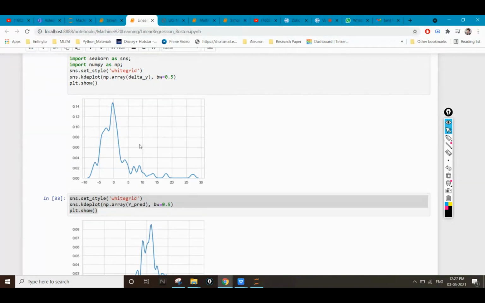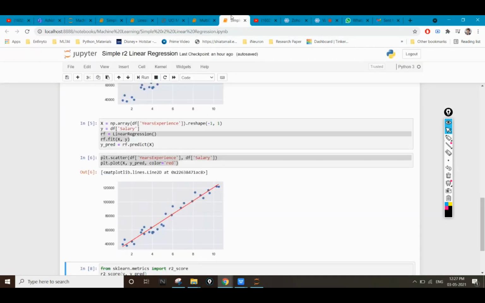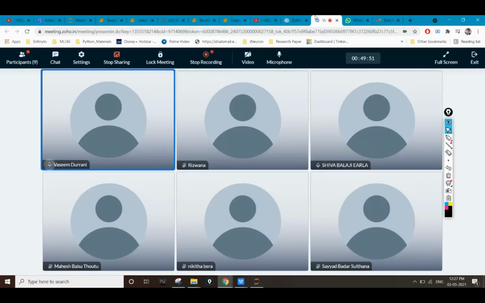If you want to plot all the multiple features, you can use a pair plot. We have already discussed what is pair plot. If you don't know, just search for it, and in that pair plot you will be able to plot the output for each and every feature. Suppose I have 10 features, so it will plot 10 different figures for each input feature and the relationship of that input feature with the output feature.